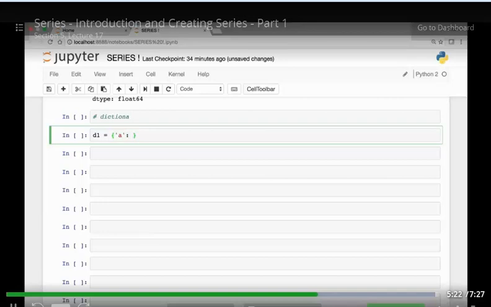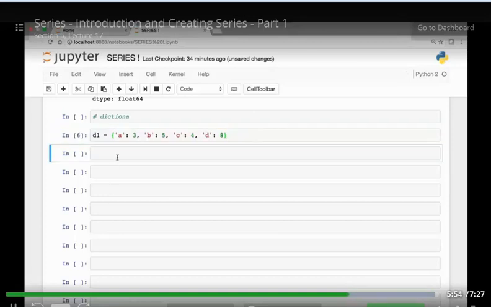Let's say A, B, and then value is, let's say 5. C, value is 4. And then D, let's say 8. So we have our key and value combo in our dictionary,